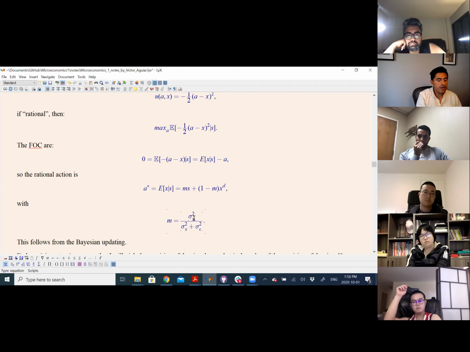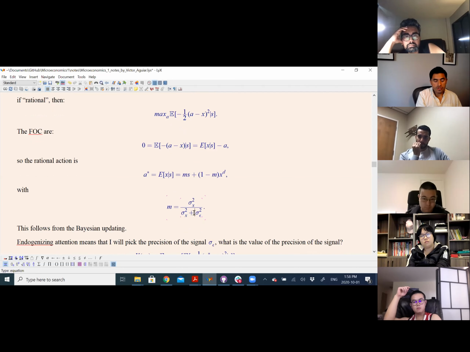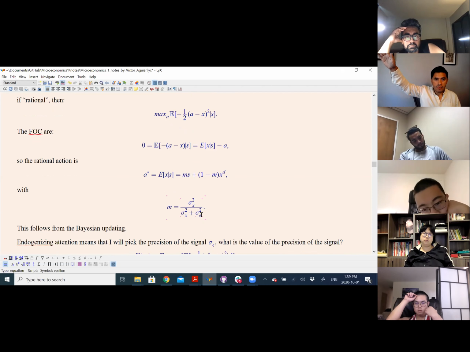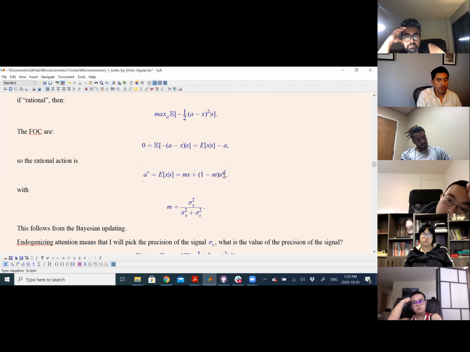So let's play with it a bit. Imagine, for instance, that there is no noise. So sigma of epsilon is 0. What happens here? M becomes 1. Wow. So now S is obviously equal to X because epsilon is almost surely 0. That means that this agent becomes perfectly attentive. Now, if I let this thing go to infinity, so the dispersion is huge, there is only noise, then this becomes 0, and now this object only goes to the default.